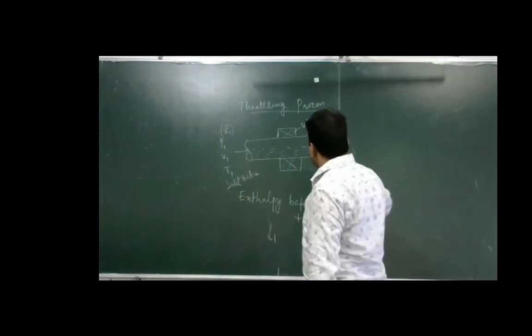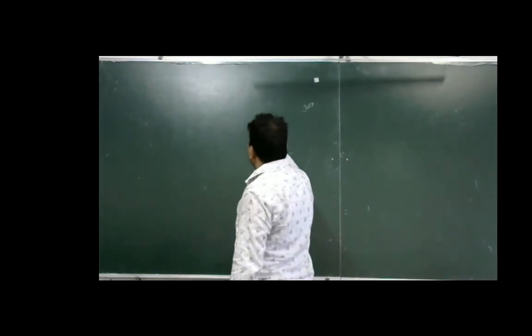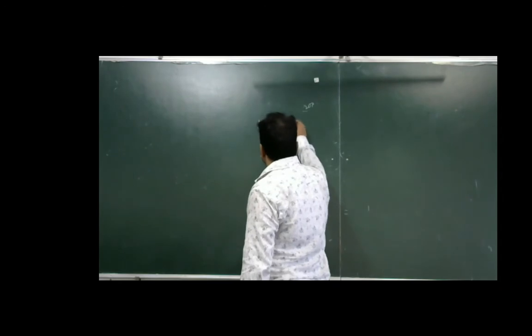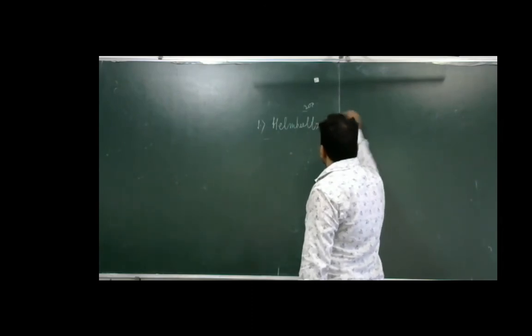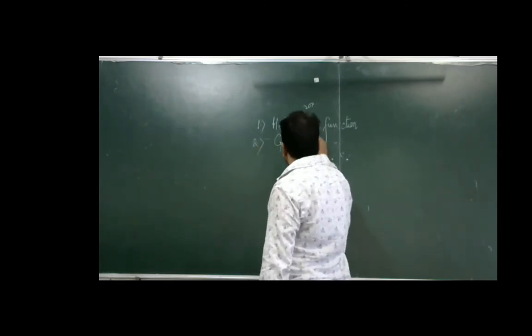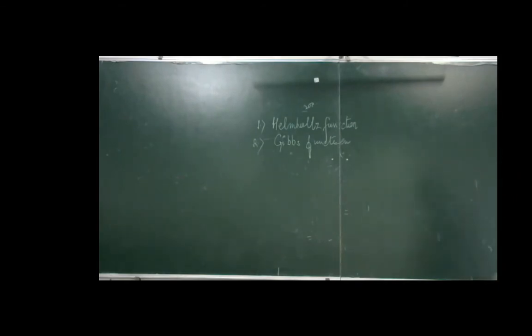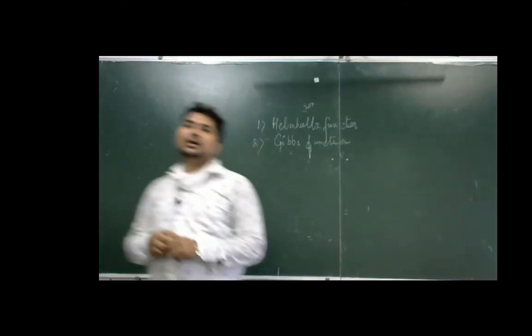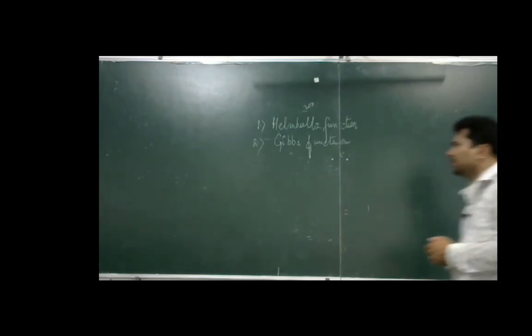Another topic is related to the functions. There are two types of functions which we already discussed in the Maxwell relations. The two functions: one is the Helmholtz function and another one is the Gibbs function. गिब्स फंक्शन क्या होता है और हेल्महोल्ट्ज फंक्शन क्या होता है, इस चीज को हम डिस्कस करेंगे क्योंकि ये पूछा जाता है कि राइट द शॉर्ट नोट्स ऑन द गिब्स फंक्शन एज वेल एज हेल्महोल्ट्ज फंक्शन।